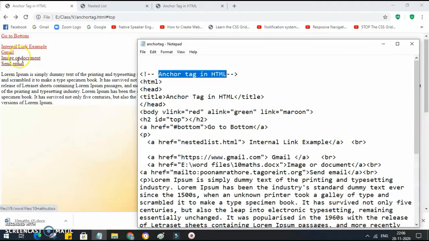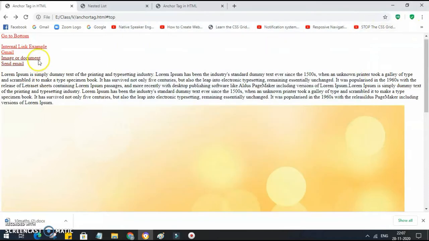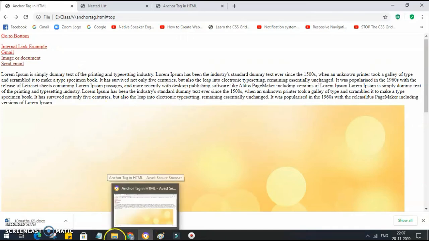One more thing I want to clear: the downloaded document, or email and the phone number you can also attach. You can also create a link for your phone number. These will not turn red, though you can do it using advanced CSS and JavaScript. Just like once you click on this, they should turn red, but they are not. In basic HTML they can't be, but using CSS, they can be turned red. So let's start with this now.